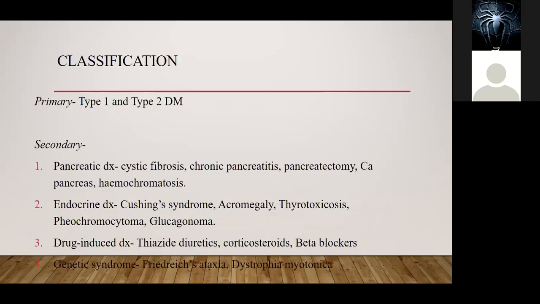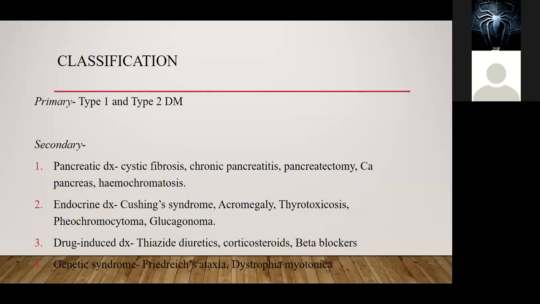So in terms of classification, we have type 1 and type 2 diabetes, which we are all aware of. And this type 1 and type 2 will fall under primary diabetes. Primary diabetes here means that the main reason why the patient is diabetic is directly linked to insulin production, right? So in type 1 diabetes, there's diminished insulin production because of, most of the time, an autoimmune condition, which has basically affected the